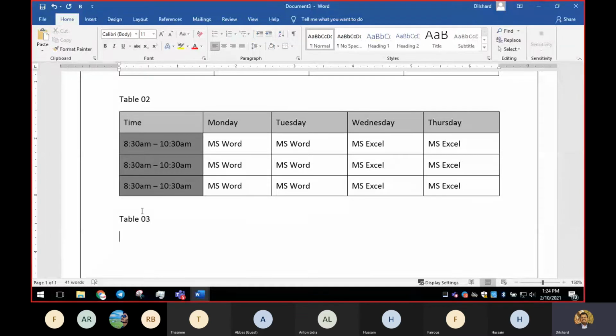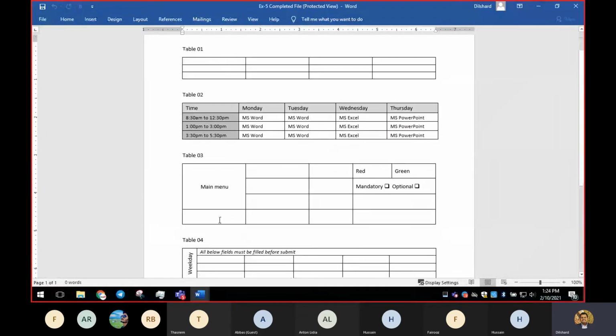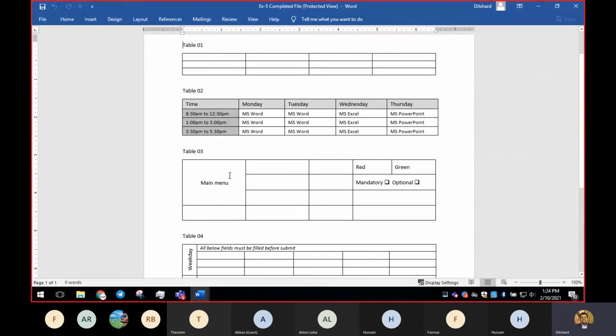Okay. So in this third table here, it's a bit complicated in the sense that you can't have a fixed number of columns and rows in this case, right? In the first three rows, the first column is not divided into rows.